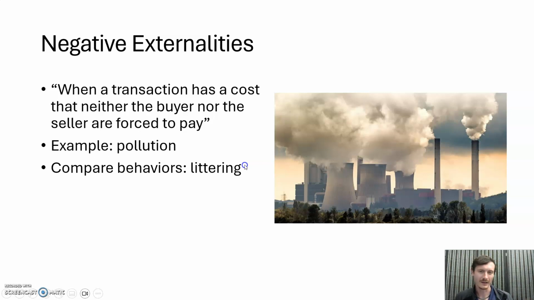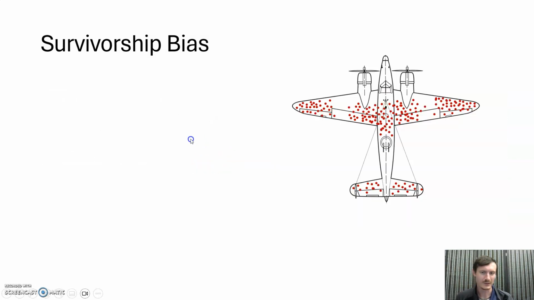Because littering is in that individual person's best interest, right? So this is a negative externality, right? So we've got this transaction between me, I'm buying a candy bar, and the gas station is selling it, right? And then I take the wrapper and I throw it away. Who pays the cost to clean up that wrapper? Well, it might not be me or the people who sold it, right? It could be somebody else. It's the entire city. So this is how we want to view a lot of these, right? Behavior is about incentives. The question is not why would they litter, but why would they not litter? And there's some good reasons behind that for a later date.